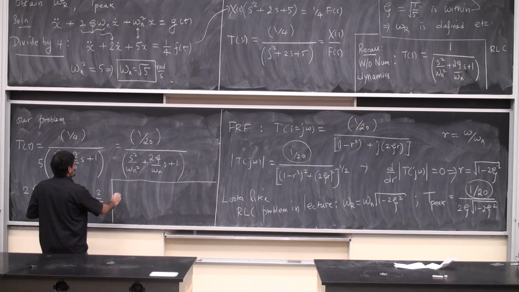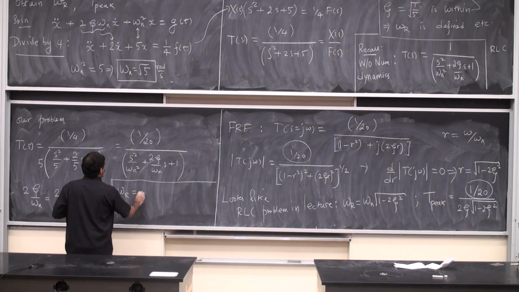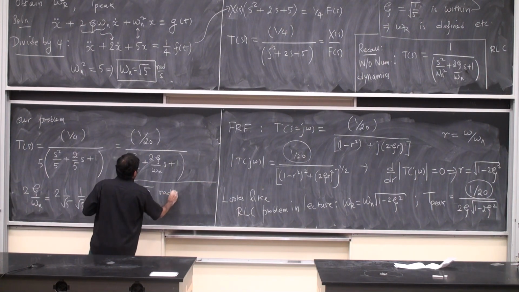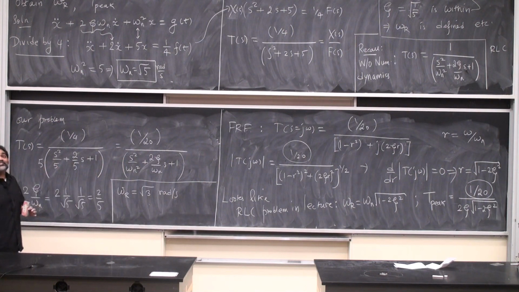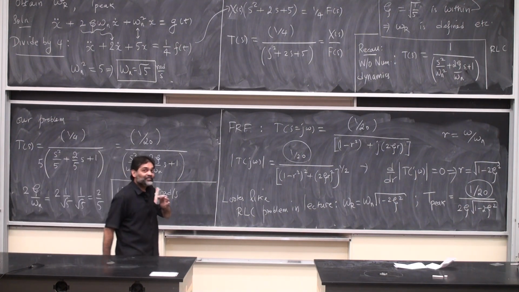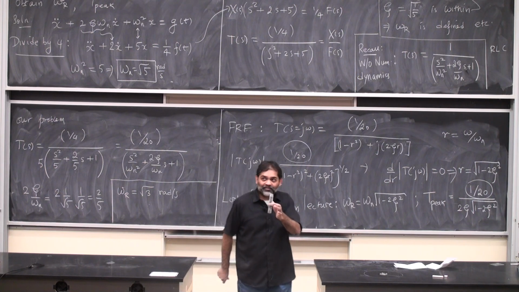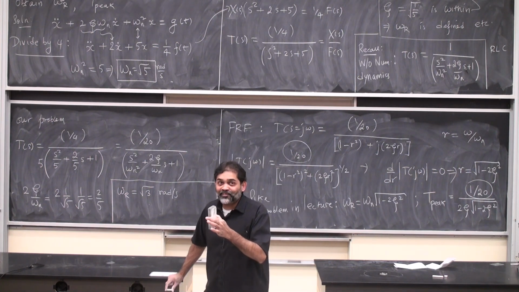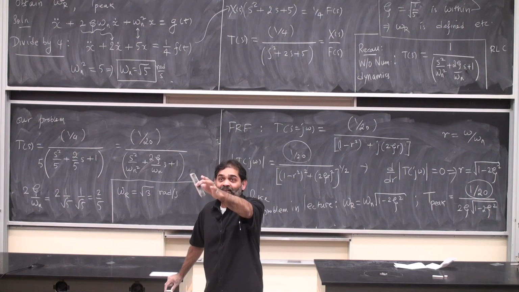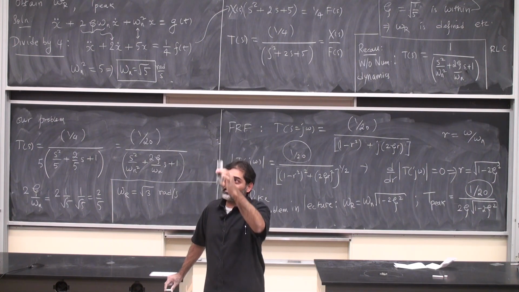Here are the answers. Omega r is obviously less than the natural frequency. Why is it obviously less than the natural frequency? Why is omega r obviously less than the natural frequency? So there's no resonance and I could still define resonance as the point where there is a peak occurring.